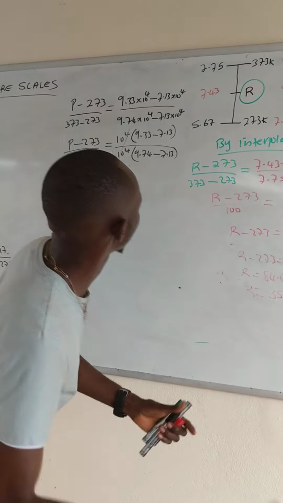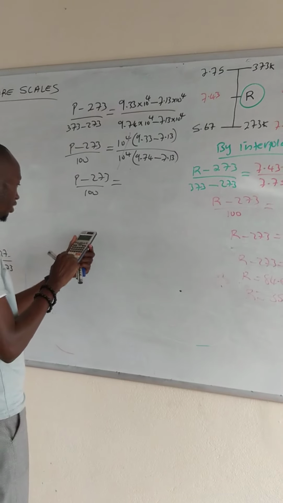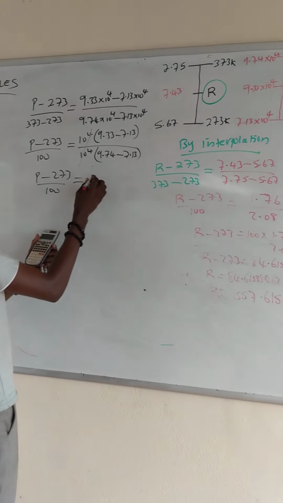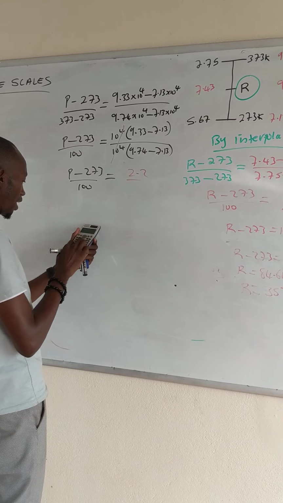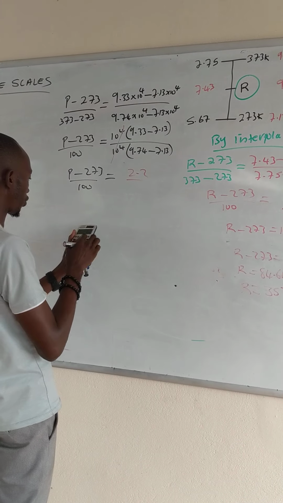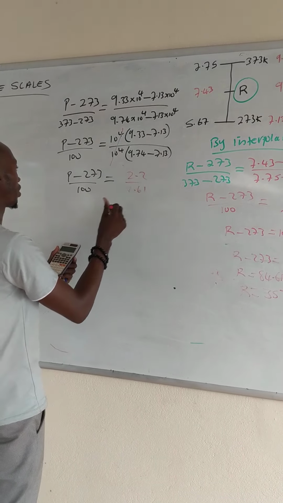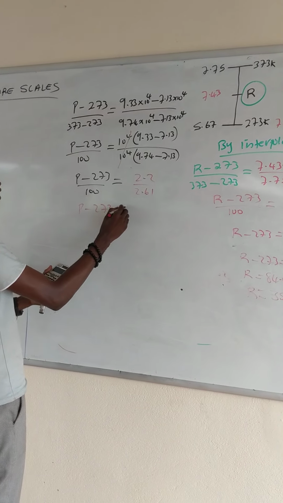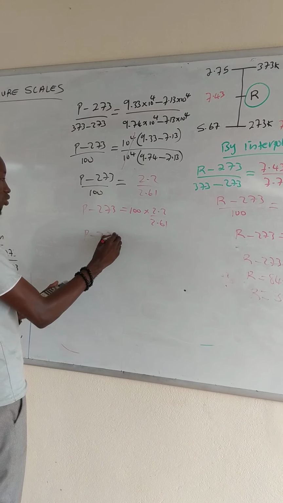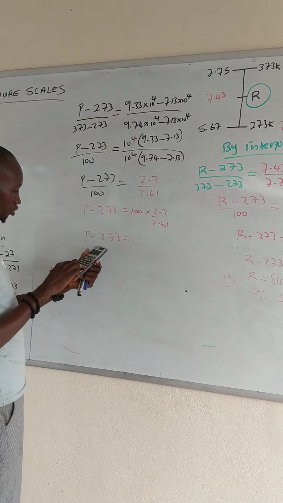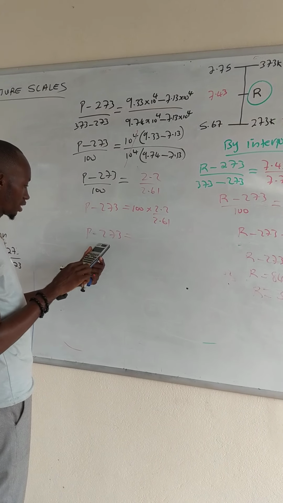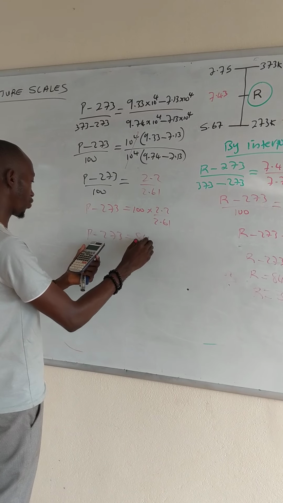So if we subtract 9.33 minus 7.13, we have something like 2.2, and 9.74 minus 7.13, we have something like 2.61. So if we cross multiply, it's going to be 100 times 2.2 divided by 2.61. P minus 273 is going to be 2.2 divided by 2.61, times 100. So we end up having